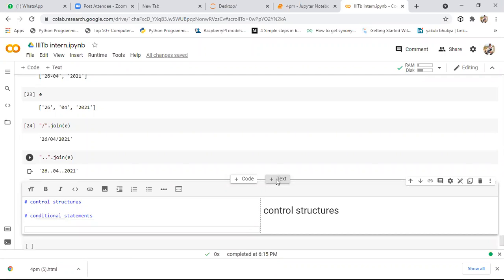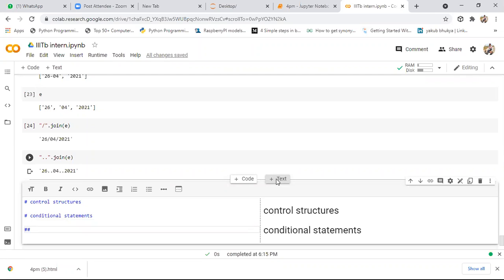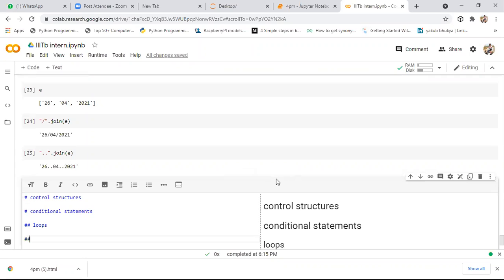After this, we'll have loops concepts. After this, we'll have loop transfer statements. These are the different control structures present in Python.